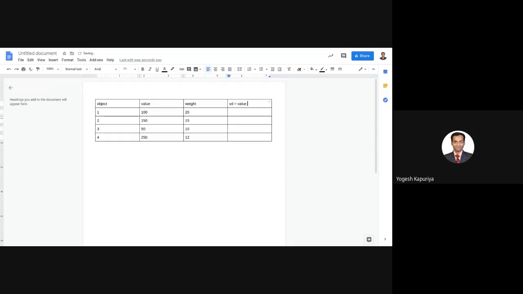Okay. So the first step is I will find out VD, which is equal to value divided by weight. So that will give me per unit value. If you divide 100 by 20, you get 5. Here you get 10. Again you get 5.